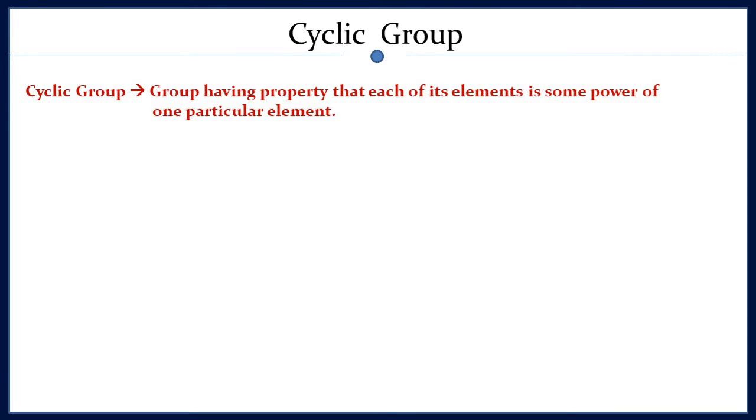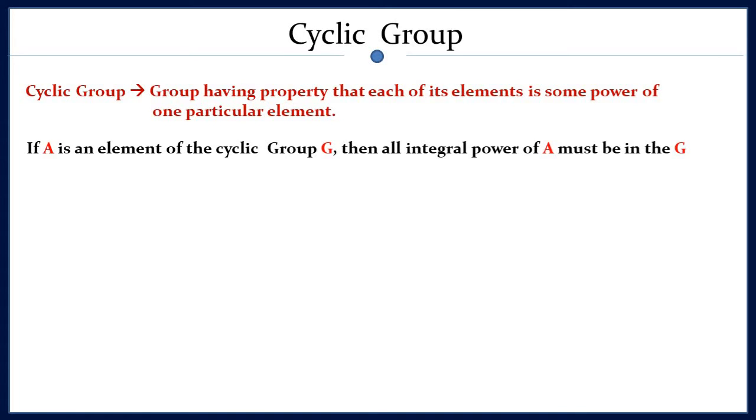First question is, what is a cyclic group? Any group which has the property that each of its elements can be represented by a power of one particular element. What it means is, suppose you have a cyclic group G and you focus on one particular element, then the rest of the elements of this group can be represented by the integral powers of that particular element which you have marked. Okay, so let's understand it clearly.